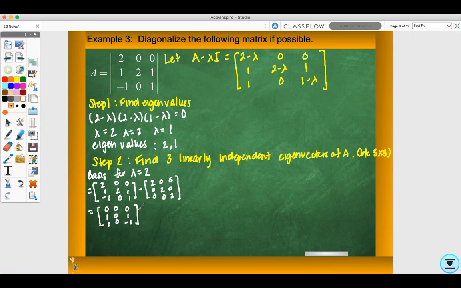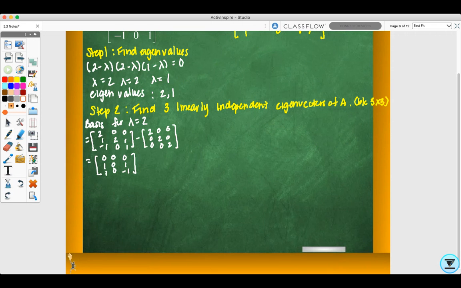Now we need to solve for A minus 2I times x equals 0. So I'm just going to write that in as a note. So we're going to be solving for A minus 2I. I think I said x by mistake. So A minus 2I times my vector x equals 0. So we need to use our augmented matrix here. And when I row reduce this, I end up getting,